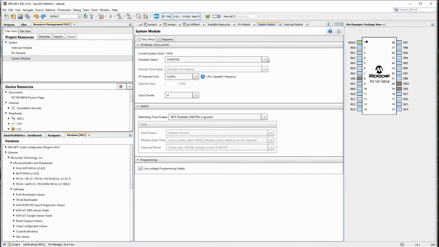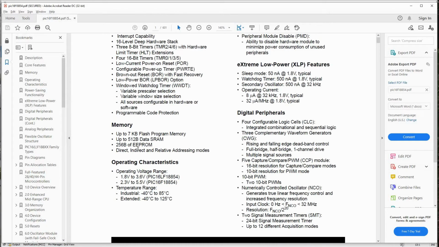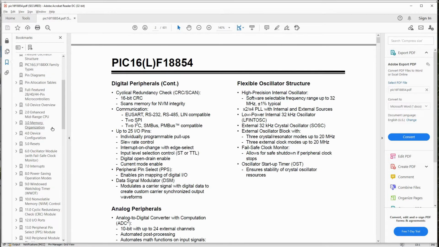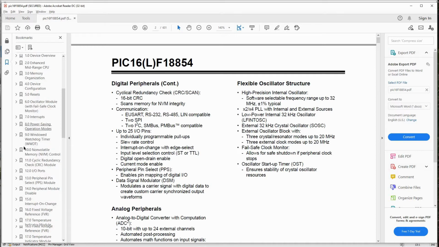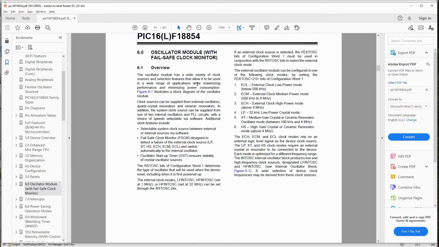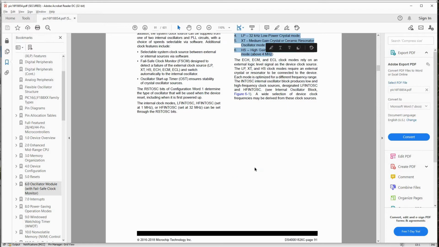So oscillator is. So let's open the data sheet and find out if they have internal oscillator. And they have a precision internal oscillator. So if you go to special CPU features like last time. So before you come to this chapter, watch the previous chapter. So this is the oscillator clock selection. So these are the modes. This is not showing any internal oscillator.